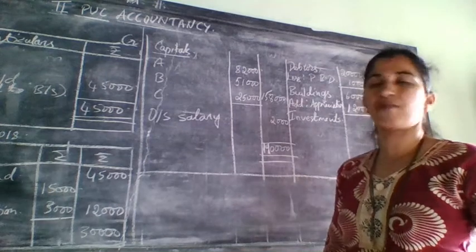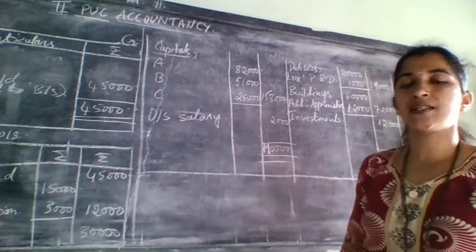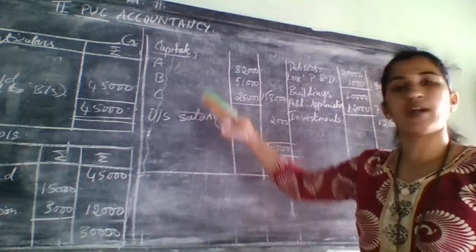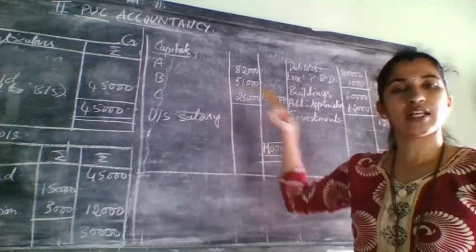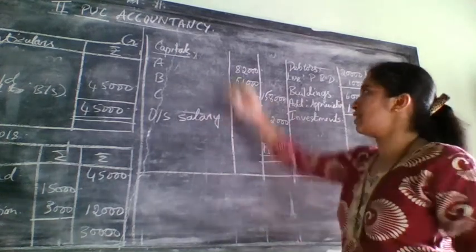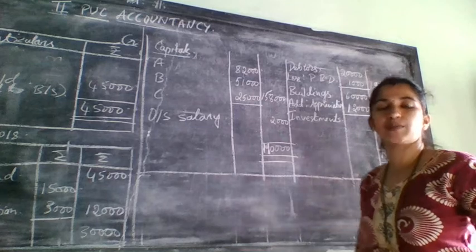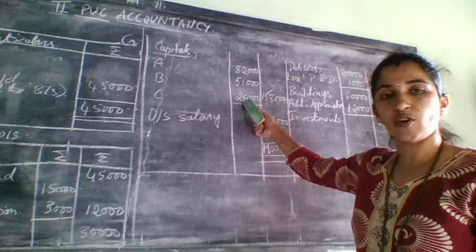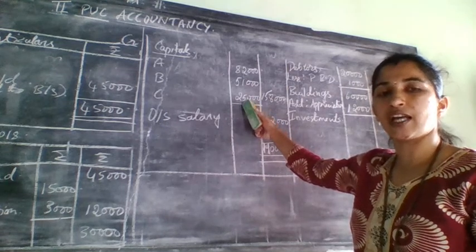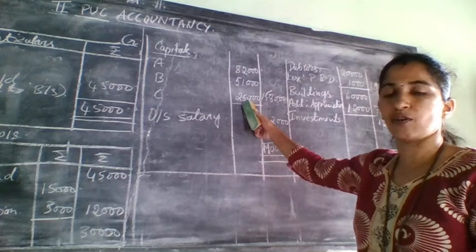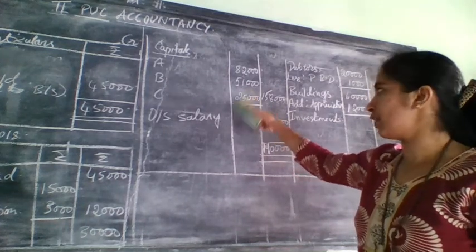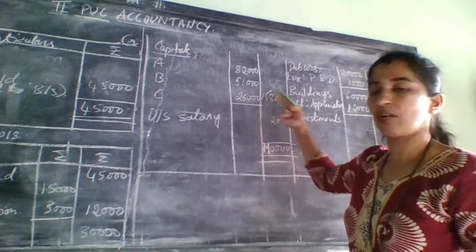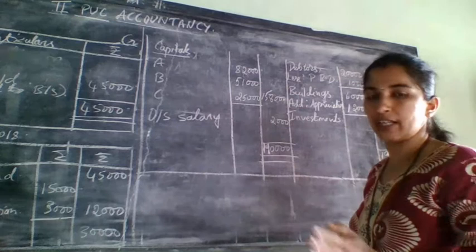So after reserve fund, next we need to write capitals. Earlier it was only two capitals, that is for old partners A and B. Now the new partner is also added, so take his name also as C. Now to write these capital balances, you can't write them from the liability side. You need to take this balance from the debit side of partners capital account. There you have written as to balance carried down. Take that amount and copy here, and then add it in the inner column and write it in the outer column.